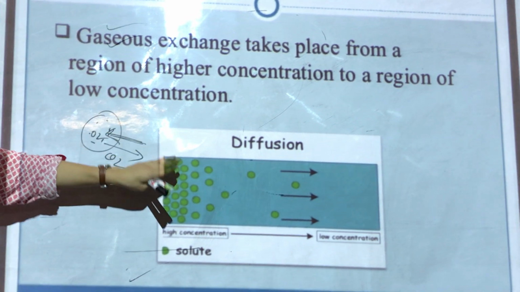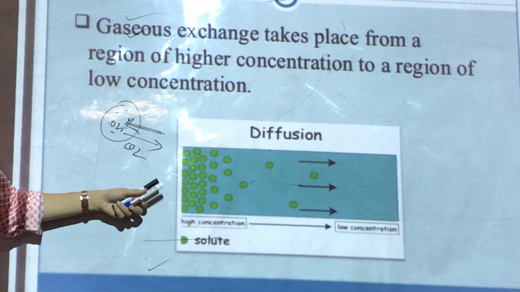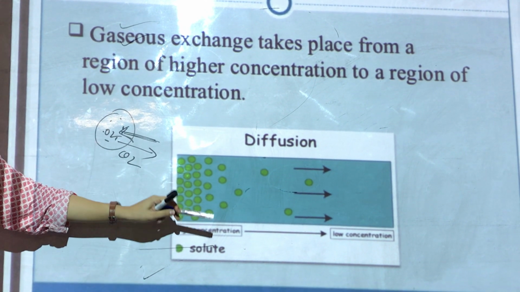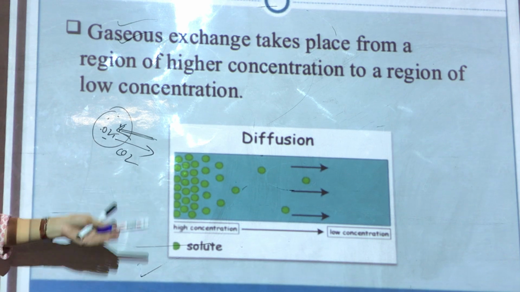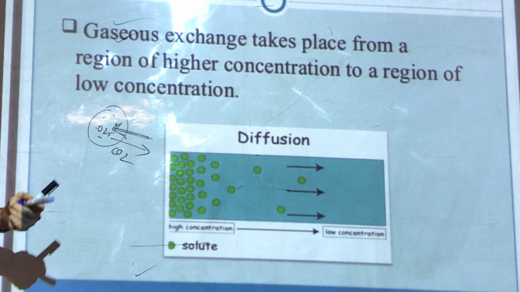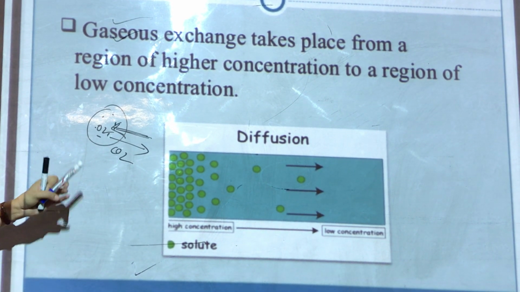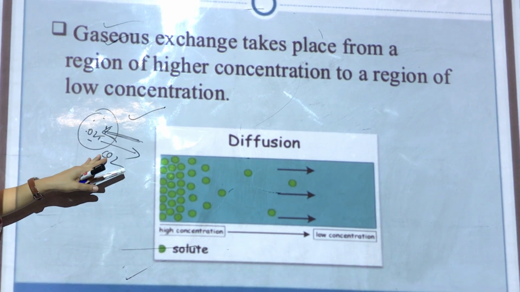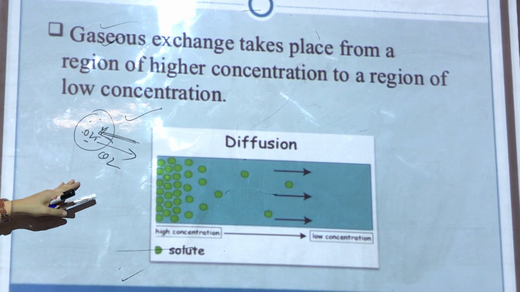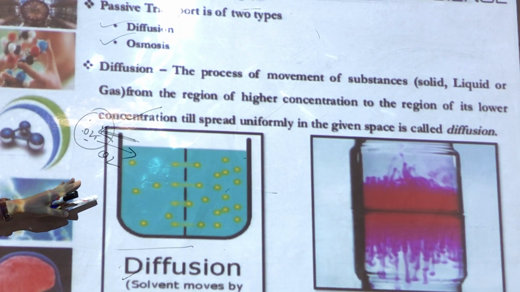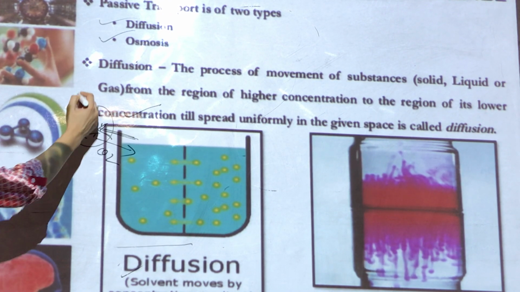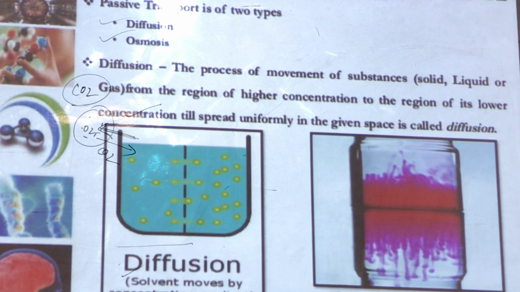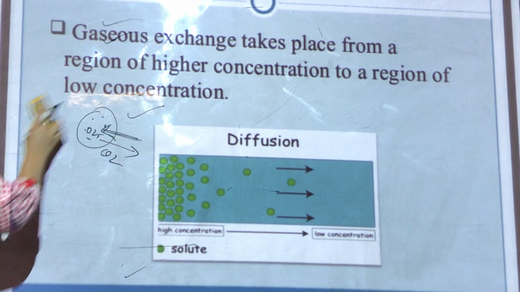We have studied the process of diffusion in earlier chapters. We saw that the spontaneous movement of a substance from a region of high concentration to lower concentration is a diffusion process. Now something similar happens in the cell when, for example, carbon dioxide, which is a cellular waste, is produced. Do you all know that carbon dioxide is a cellular waste? It is a waste product of the cell.